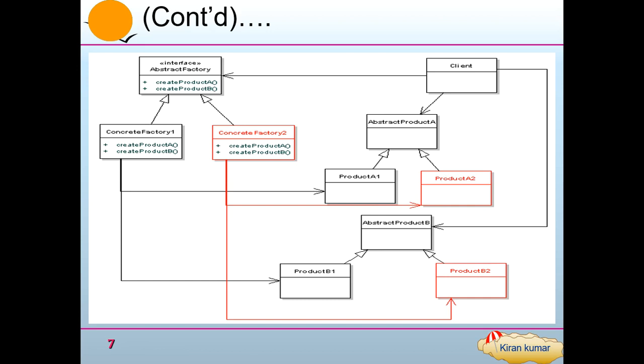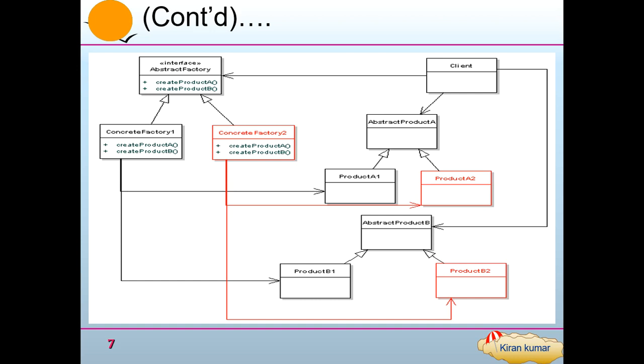Earlier we would have only one factory class, or several factory classes, and those factory classes create objects. Now, an abstract factory will have an interface for all these factory classes. Earlier we had an interface for all the objects. In the earlier video we saw an interface called ILogger, a super interface for the database logger, file logger and console logger. These are all classes that implement the ILogger interface, and we had one factory class that creates an object of this ILogger interface.